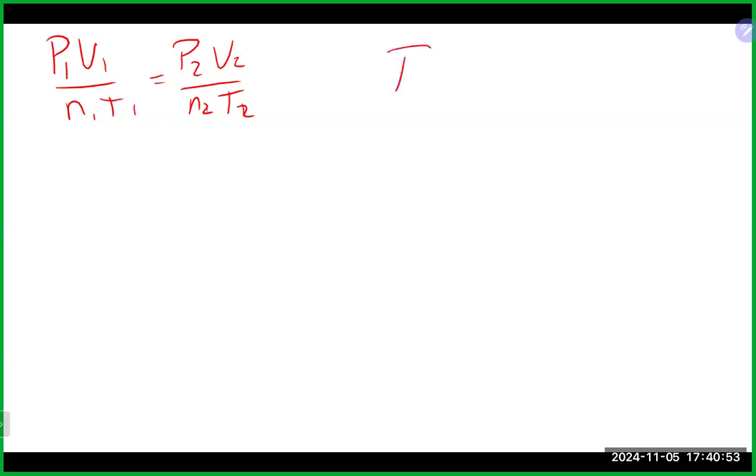Okay, we've been talking about gases and gas laws. And again, as we talked about last time, the combined gas law is a pretty good one to know. As we talked about, pretty much if you know the combined gas law and you know the ideal gas law, you will be able to solve any type of gas law